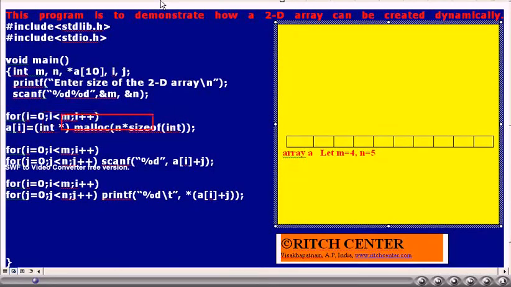As we have already mentioned, creating this array is nothing but creating each row of the 2D array. The for loop, i equal to 0, i less than m, i plus plus, a of i equal to malloc, is used to achieve this. In the following slides, we will work out how it will work.